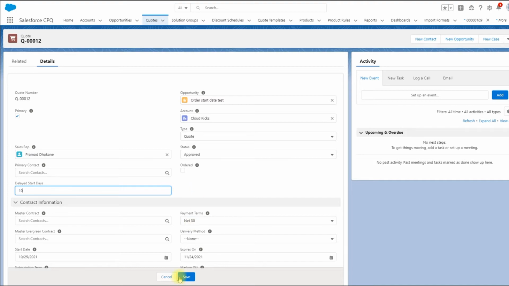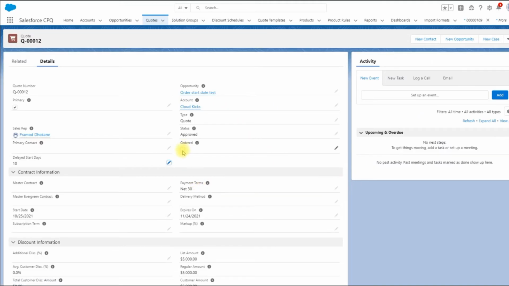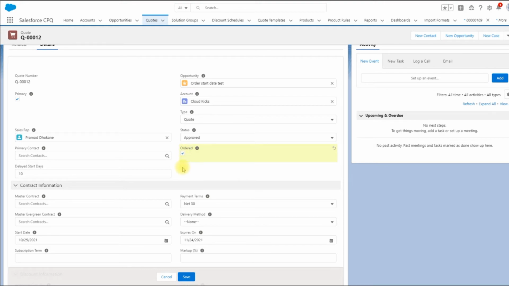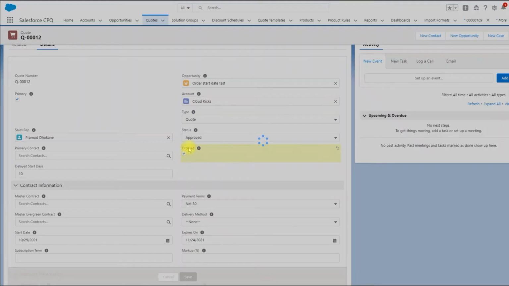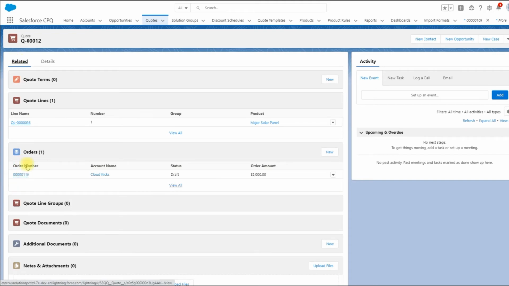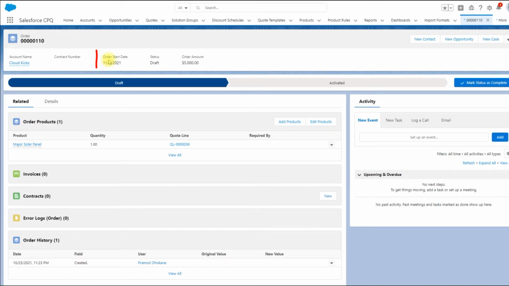Let me hit save. Now let's order this particular quote. The order must be created. I just navigated to the related list of that quote, and let me click on the order record. If you see here, the order start date is 10 days from now.